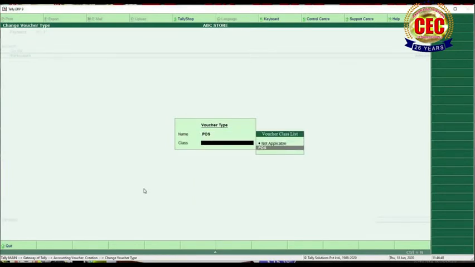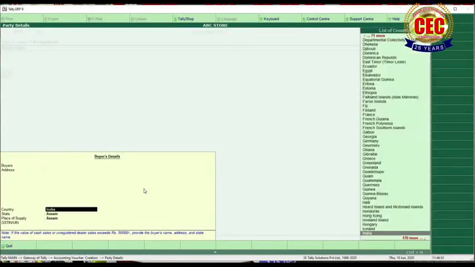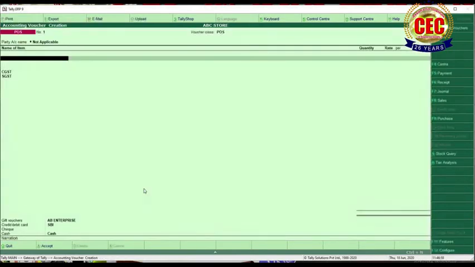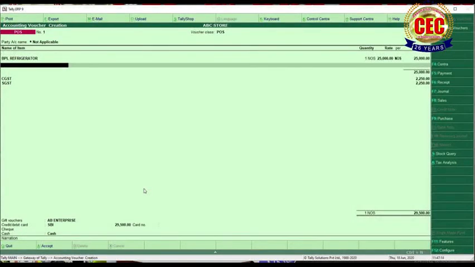Party name not applicable, because when we purchase something we get a receipt, and in the receipt our name is not displayed. That's why party name should be not applicable. Select item name. That is like 2 quantities.